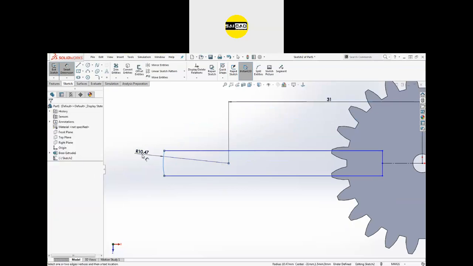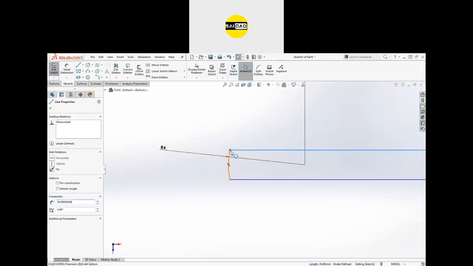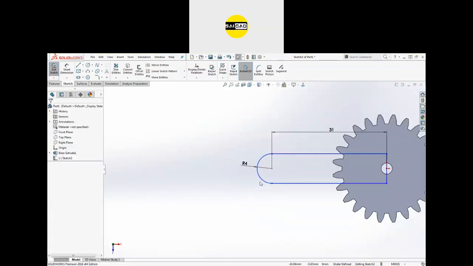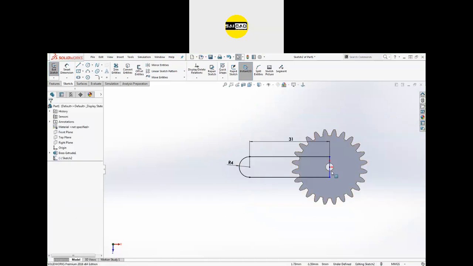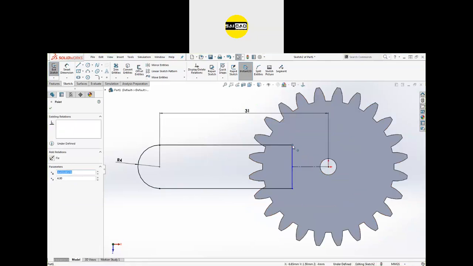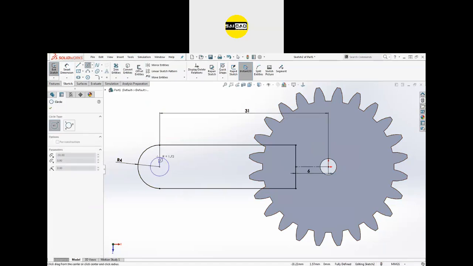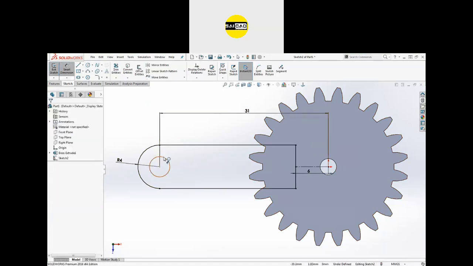Okay, and we need the circle to be of radius, that is 4. Okay, and these should be tangent like that. Okay, and we have a blue point here, so you can see this is movable. You just need to make it constant, so you can just define any distance from here. And just create the circle also. Circle we need here is radius of, sorry, dia of 3.